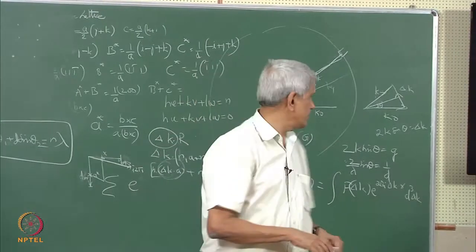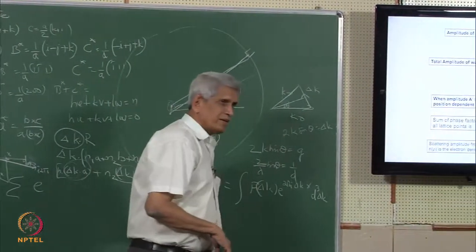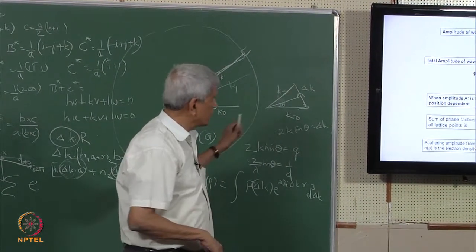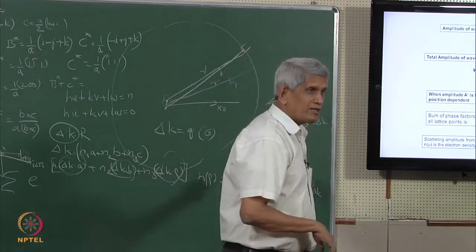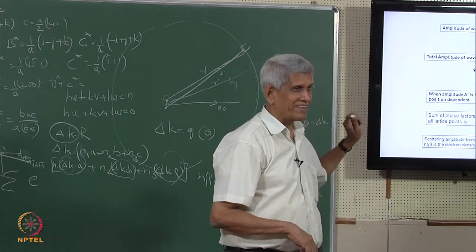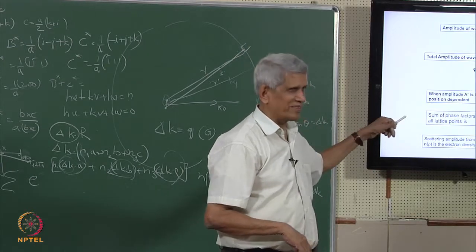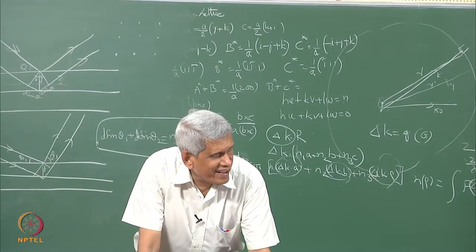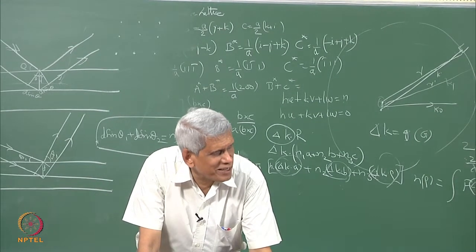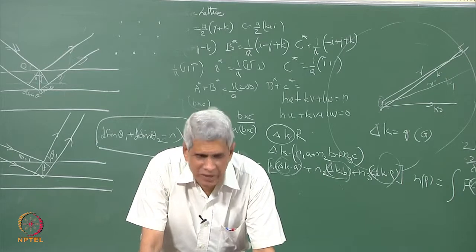So how do you get that? Which one? From that, how can you say n of rho here? No, I am telling, these two are related. One is the Fourier transform of the other. This can be derived, but that part I will not discuss. Maybe in a tutorial we can discuss these aspects.